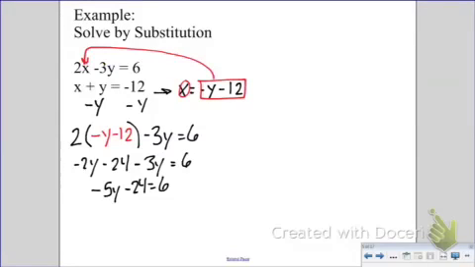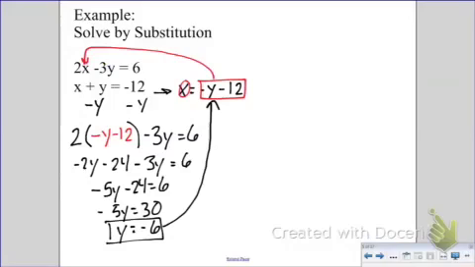Add 24 to both sides. Negative 5y equals 30. And we divide by negative 5, and we get negative 6. There is half of our problem. Now remember what we do? We take that and we plug it into the second equation. So now it's going to say